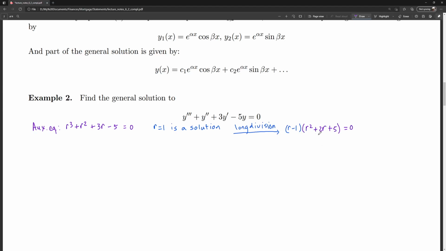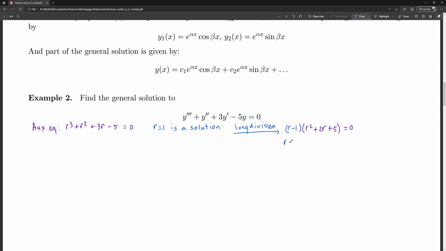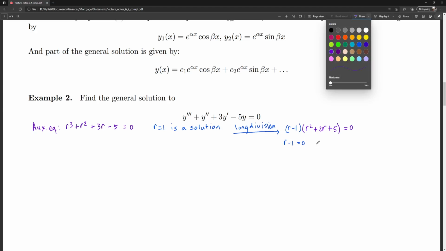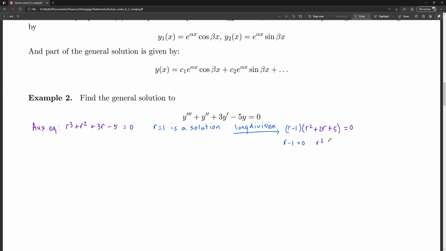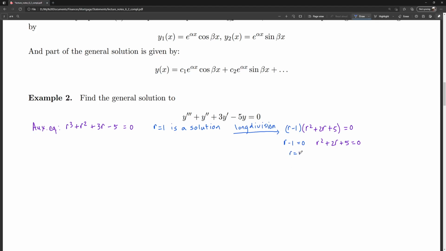Now for this part, we have to set that equal to 0. So let me actually write that out. The zero product rule tells us r minus 1 equals 0. And then the second part, we need to solve r squared plus 2r plus 5 equals 0. And we then get r equals 1 here, which we already found before. And then this